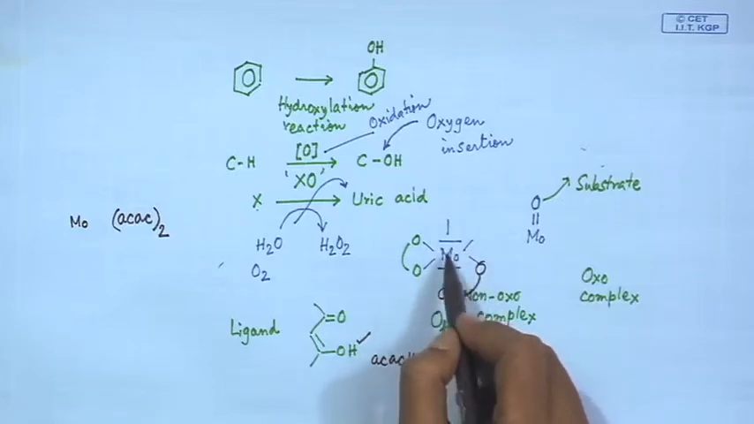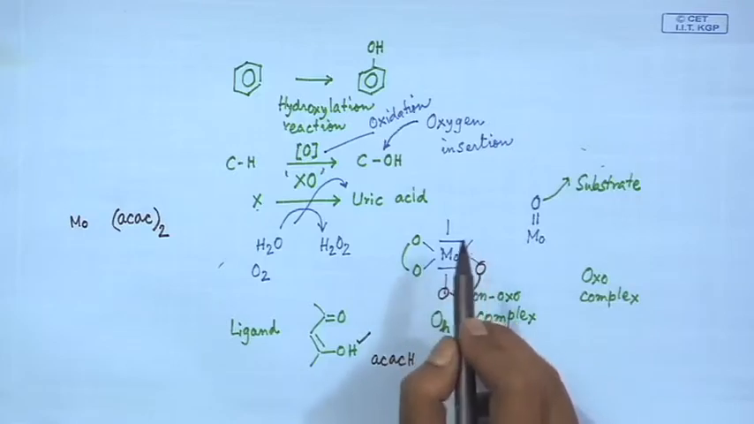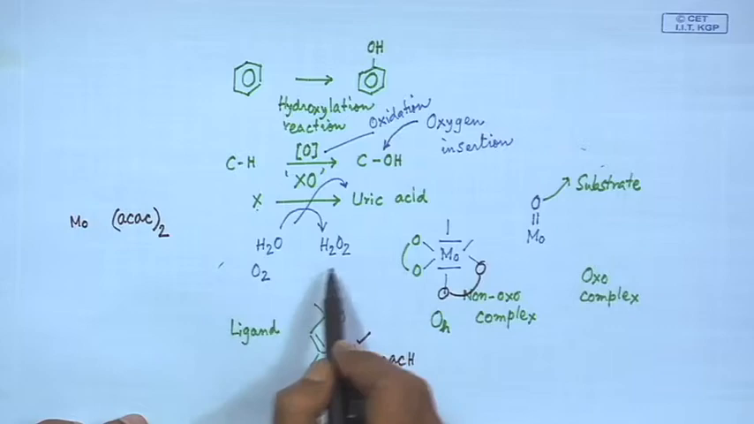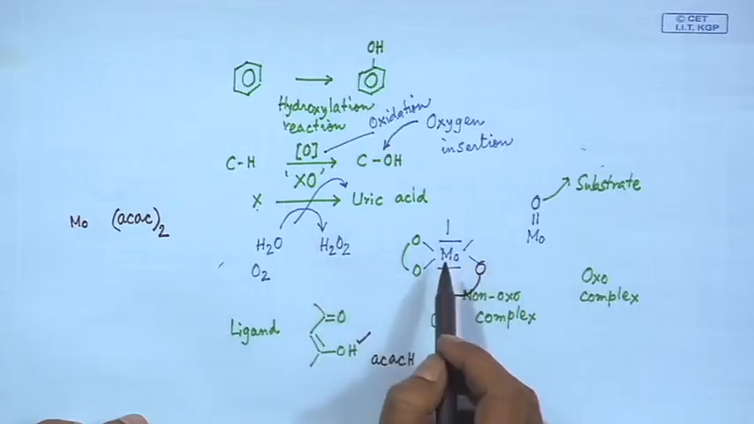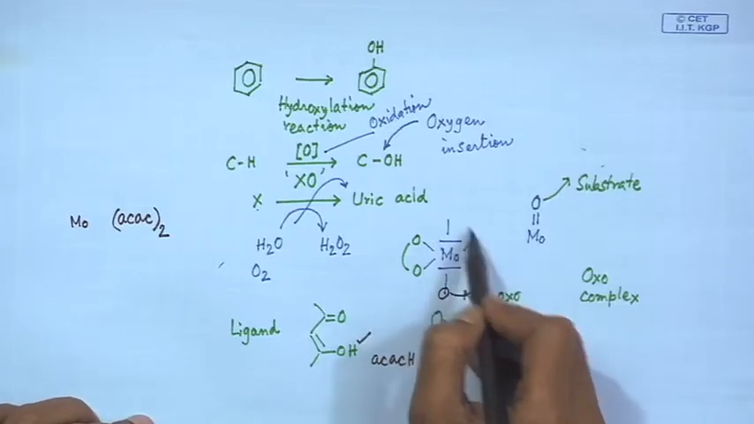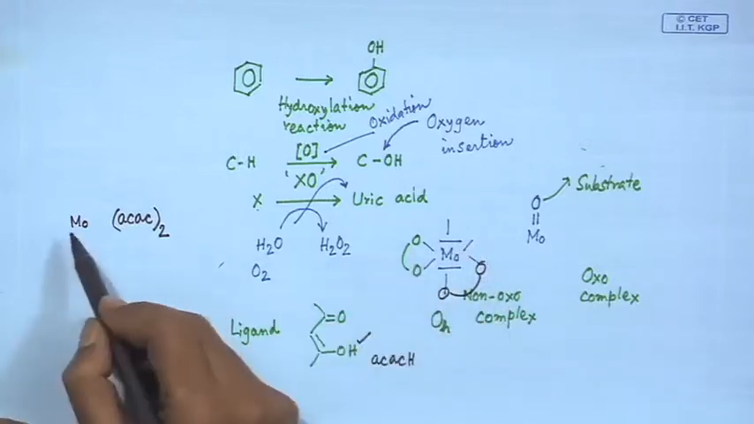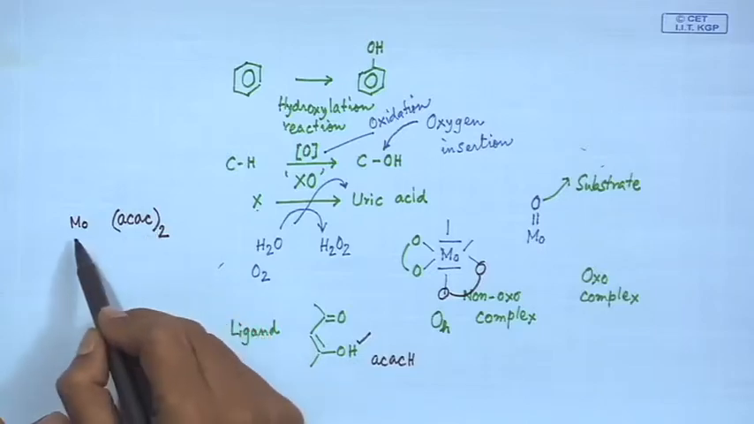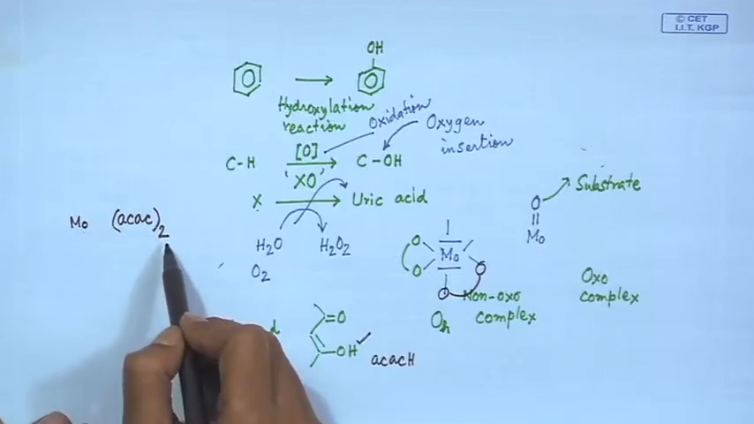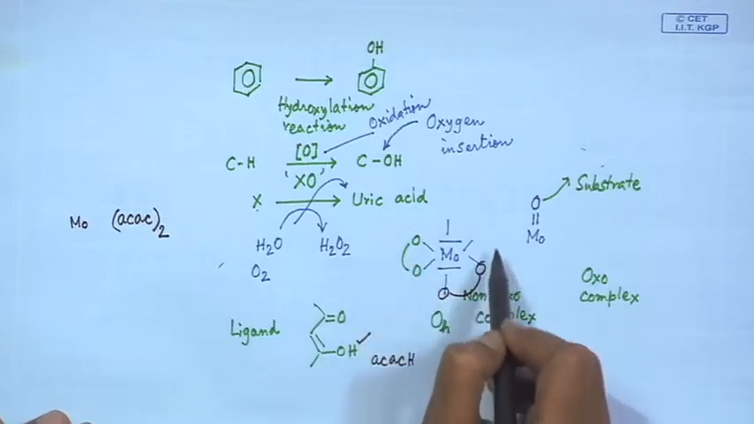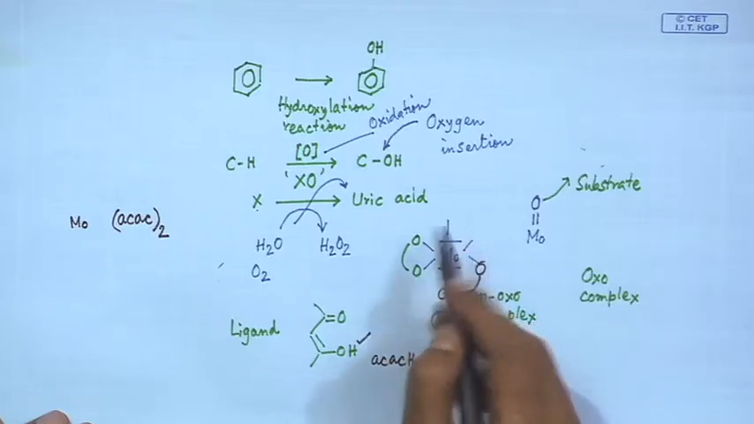So, we should have these 2 positions still available for binding either to some small groups like water, dioxygen, hydrogen peroxide, any other ligand system, or another acetyl acetone molecule. If another acetyl acetone molecule goes and binds to this molybdenum site, we get Mo(acac)3, that means 3 such acetyl acetone ligands are fully covering the molybdenum center, and we get a system which is nothing but